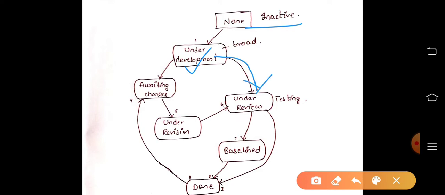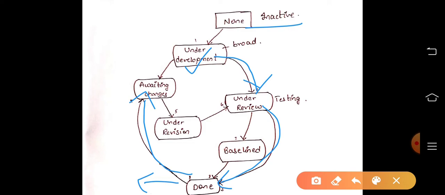Review is about whether the developed software product is accurate or not, and whether it satisfies the customer or not. It will be checked in under review, and after that it goes to the done state, where the customer views the final product. If he wants to make any changes, it enters into awaiting changes.